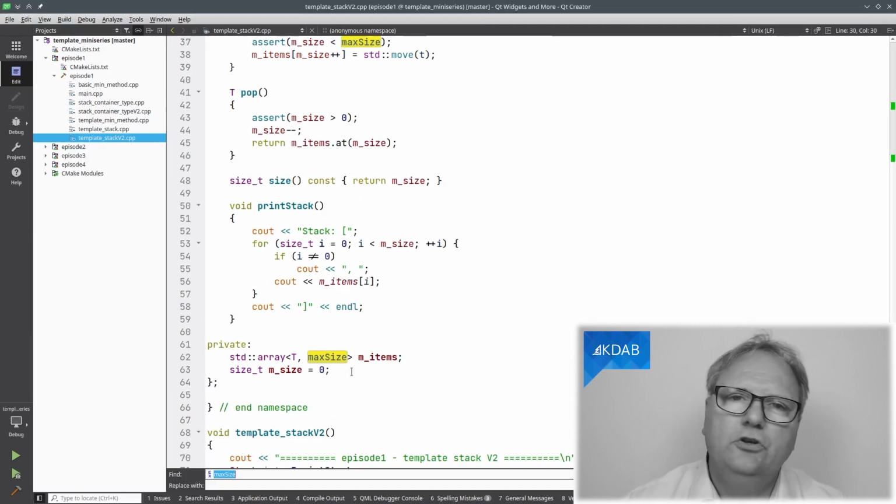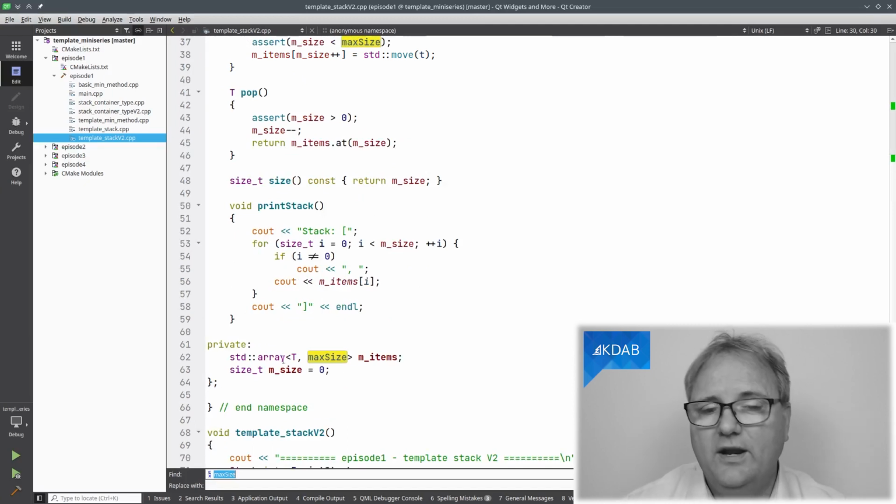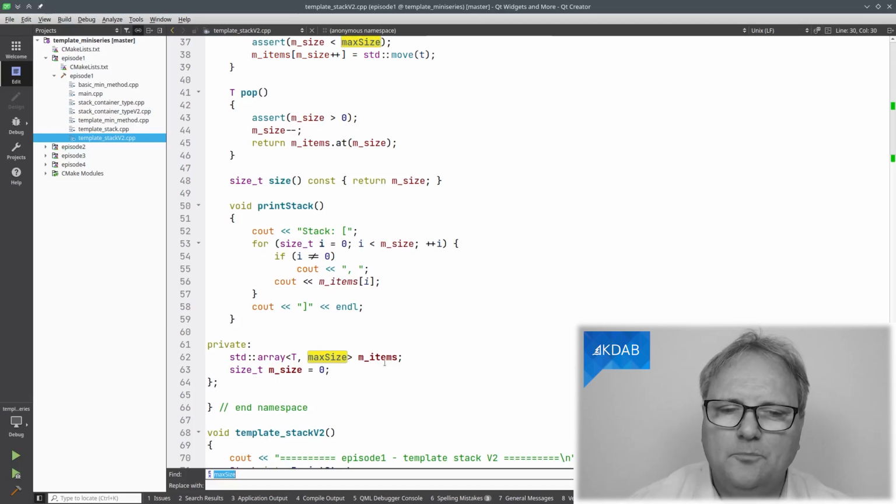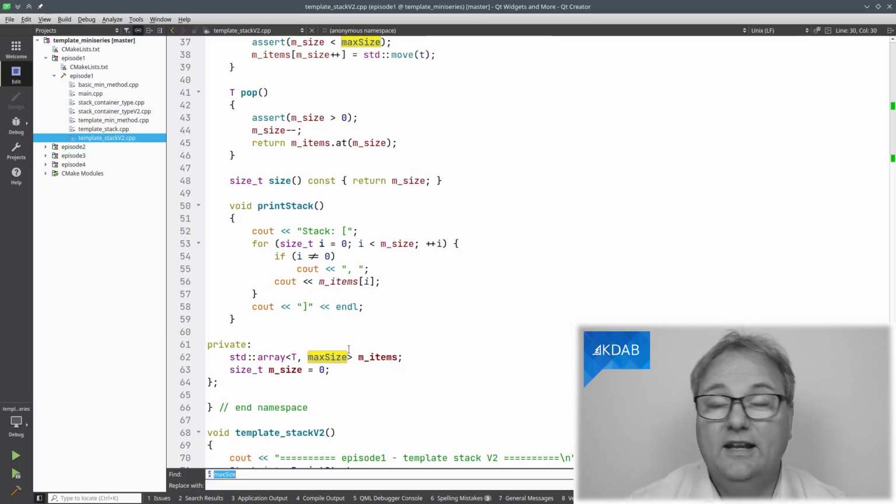And I use as storage now an array of T, max size. And of course I could have used a vector and reserved max size items. That's besides the point. But the key thing is that it's part of the type now. And if I had an urge to go from a 15 to a 10, I couldn't just do the operator equal to, because they are two different types.